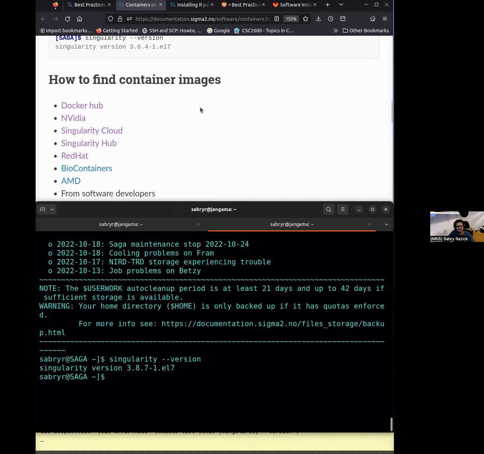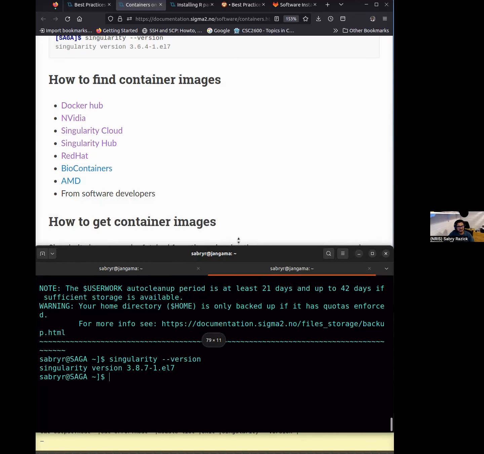Yeah. And because in the beginning of the lesson I said this is not a lesson where we teach how to create containers, these are the places that we have mentioned here where containers can be acquired before you run them.